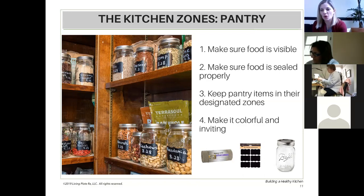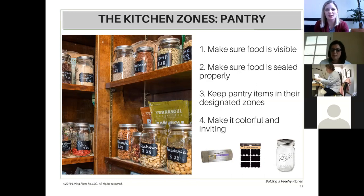Now you can make up your own system too. That's absolutely fine. And if you didn't catch all of that, don't worry. Your bonus for participating in this series is today you're going to receive an email that's going to have all these pantry zones and kitchen zones and the foods that belong in each of those areas listed out for you. So if you're kind of struggling to think about what foods belong where, or maybe what you should be buying to set yourself up for success, this will be a nice